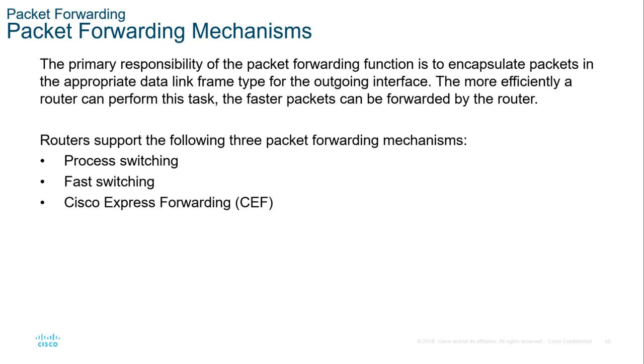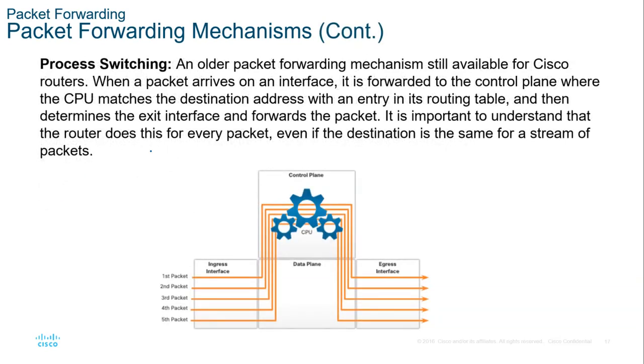The primary responsibility of the packet forwarding function is to encapsulate packets in the appropriate data link type for the outgoing interface. The more efficiently a router can perform this task, the faster packets can be forwarded. A router supports the following three packet forwarding mechanisms: process switching, fast switching, and Cisco Express Forwarding. With process switching, every packet that reaches the ingress interface, because here, as you can see, we have ingress and then egress,